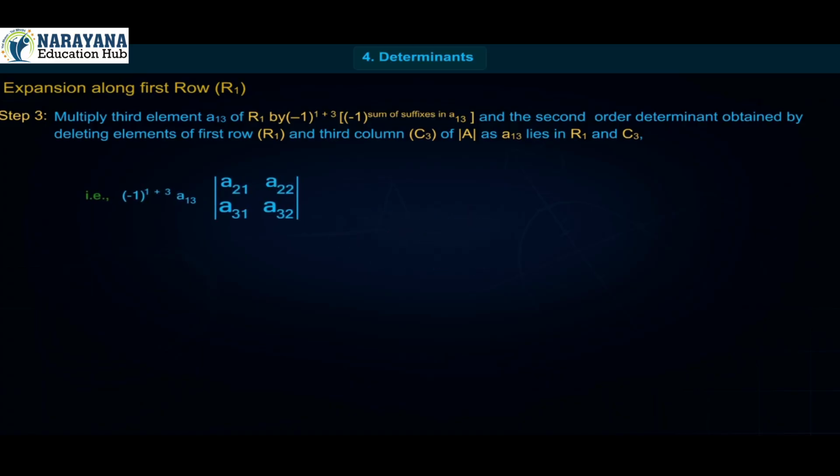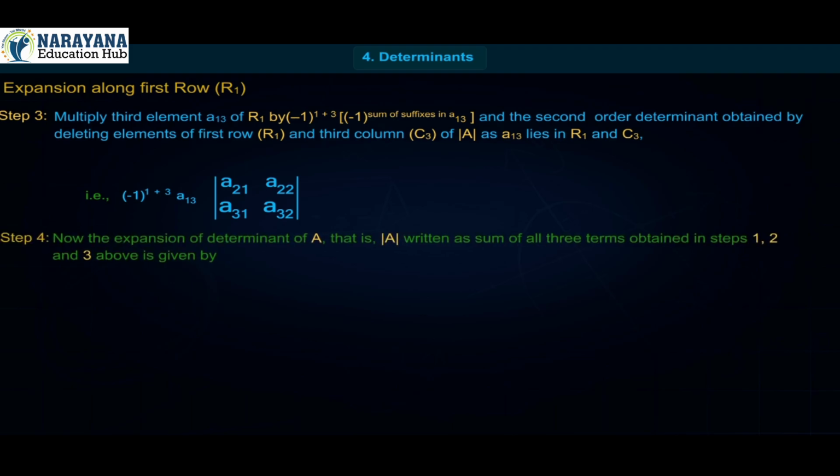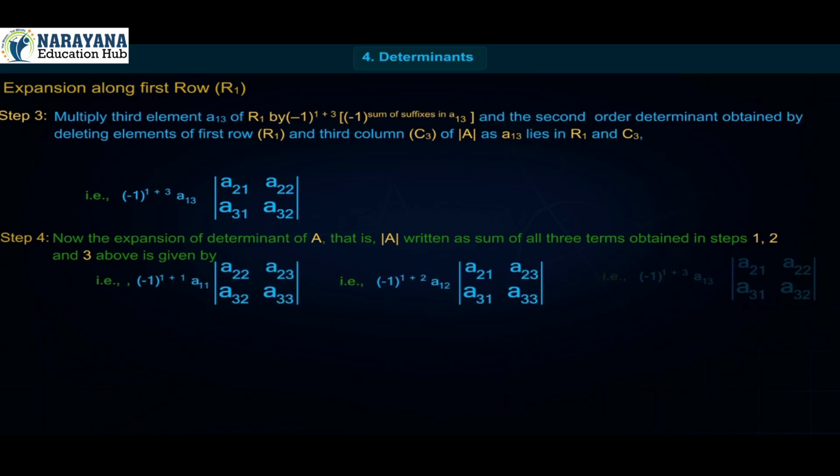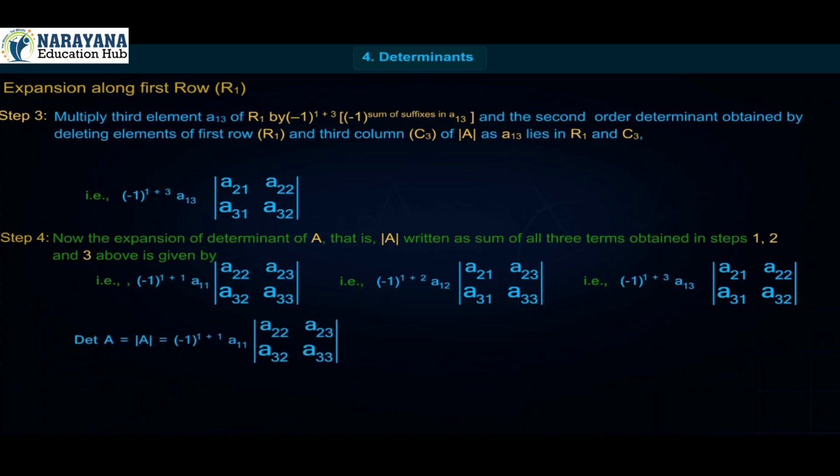That is, minus 1 raised to 1 plus 3 into A13 into determinant A21, A22, A31, A32. Step 4. Now, the expansion of determinant of A, that is, determinant of A written as the sum of all 3 terms obtained in steps 1, 2 and 3 above, is given by determinant A